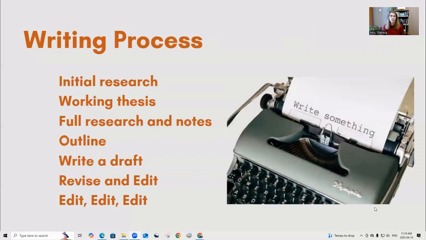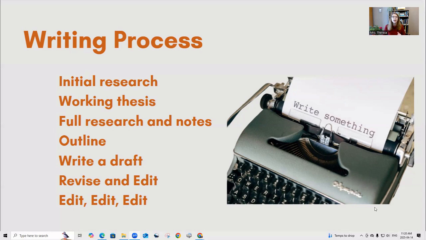So you've probably heard of the writing process. This is a very quick overview right here. You want to do some initial research. It's really important that we don't just randomly choose what we're going to prove. We should be looking at all the angles before we begin. We should determine what is the truth. Maybe what I believe to be true isn't exactly out there provable. Maybe I can't prove it with the research that's available.